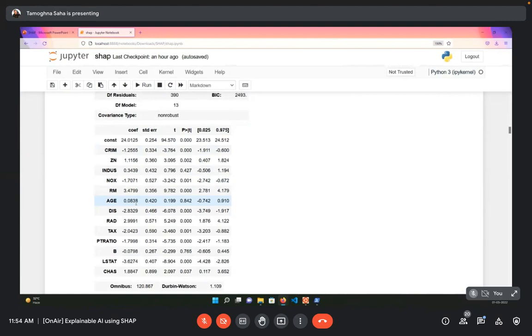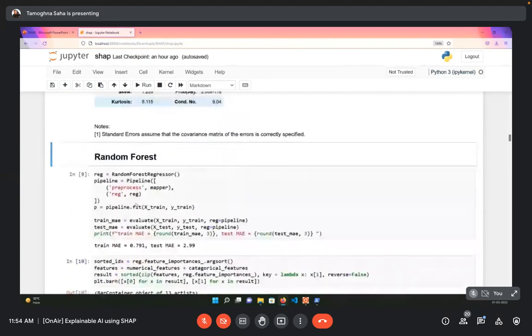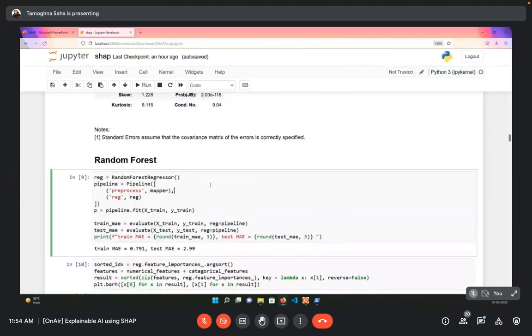And that's why the coefficient alone is not at all responsible for providing the final outcome of the model. So you need to be very careful and you need to understand the features. That's why understanding the features is extremely important before providing some suggestions. So that is one way.